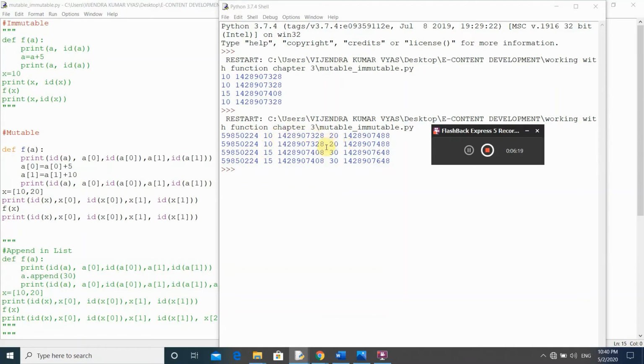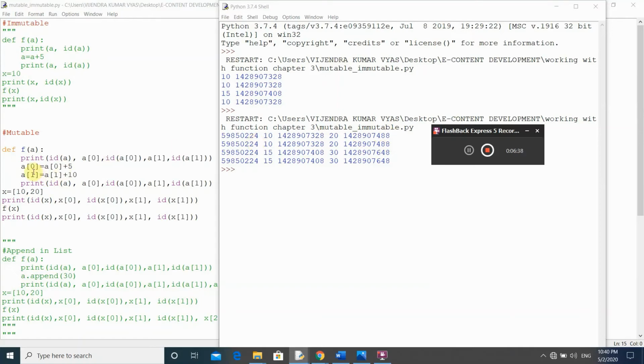The value of a of 1 is the same as the value of x of 1, and the address of a of 1 is the same as the address of x of 1. So there is no change.